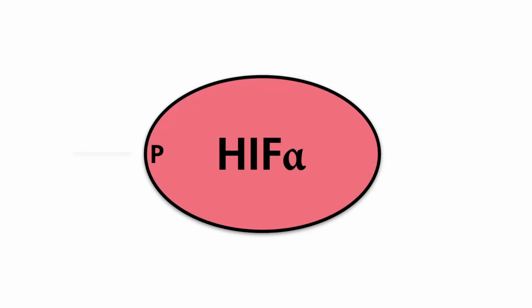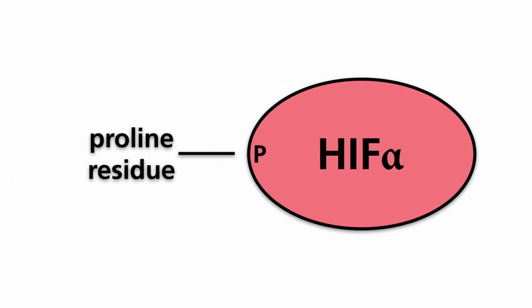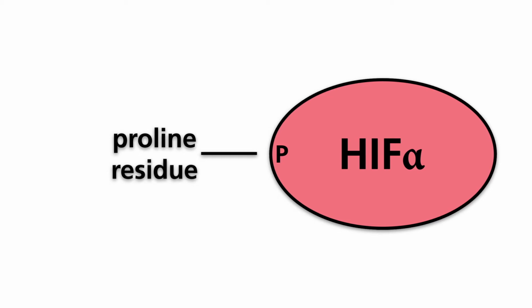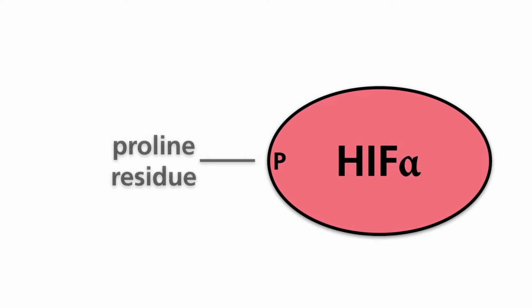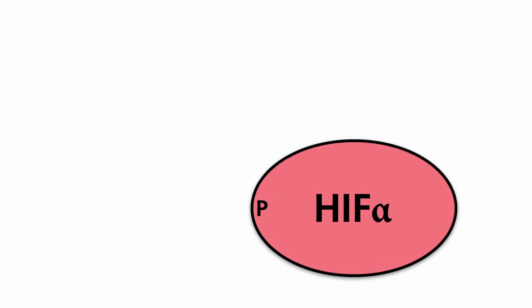As mentioned before, HIF alpha subunits contain 2 proline residues, which are critical to the stability of the proteins. For simplicity, the animation here shows 1 instead of 2 residues. Normally, the concentration of molecular oxygen in most human tissues is in the range of 10 to 30 micromolar. Under these normoxic conditions, one or both of the critical proline residues in HIF alpha proteins will be hydroxylated by